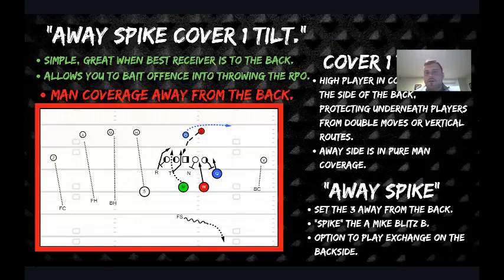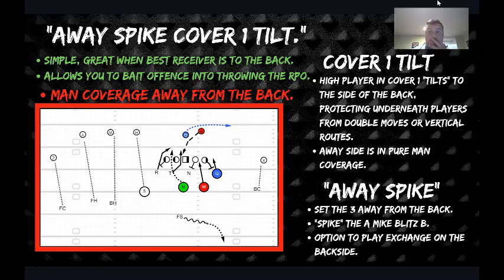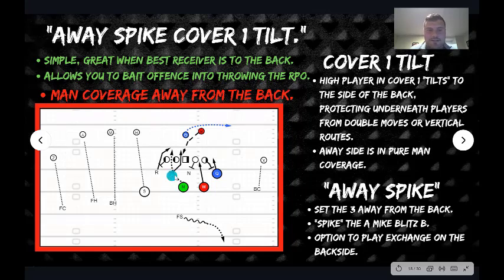So this is one really basic concept that you can add to your cover one. The box play stuff, this is something Western used to run a lot of in handling, whether it was zone read or just true zone. That was a huge challenge for a lot of teams, but away spike cover one tilt. So away just means you're going to set the 3-tech away from the back. So if you're a base 40 team, you're going to set the 3-tech away from the running back. So you'll see here, the 3-tech is away from the back, and spike tells him he's going to spike that